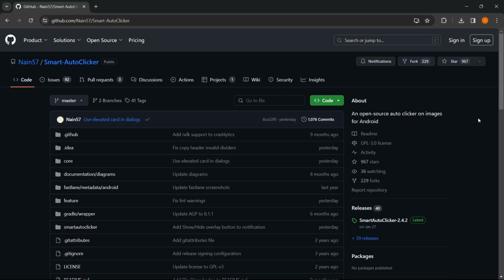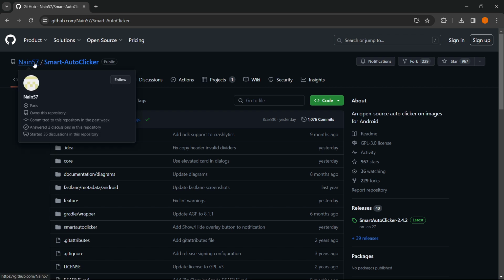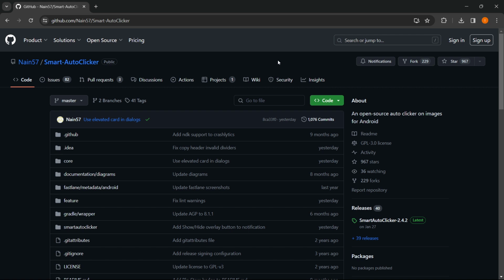In this video, I'm going to show you how to download GitHub files. Now, the first thing you want to do is find the GitHub file or product you want to download, and I found this smart auto clicker here from 957. It's just a random file I want to download, and then once you're on the file page and you've found